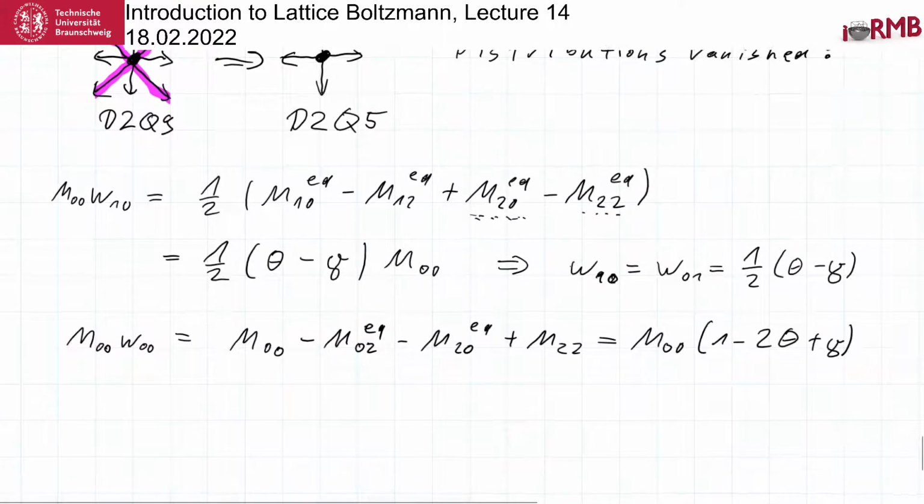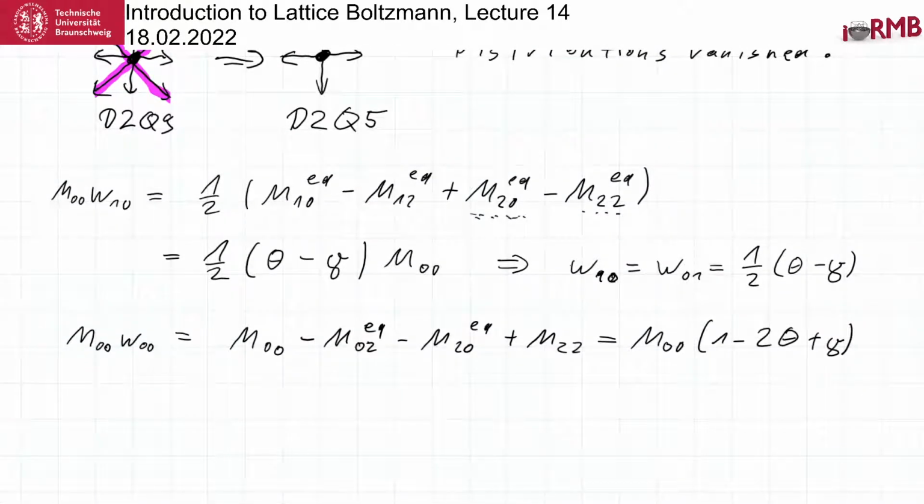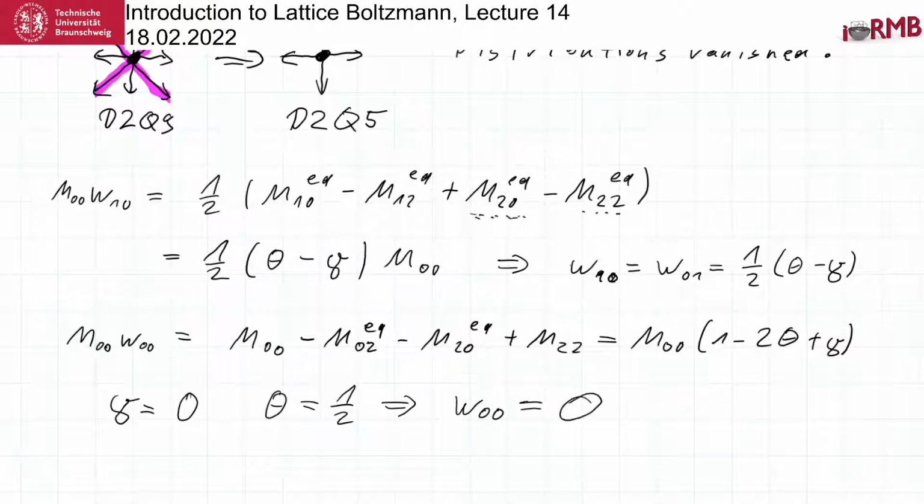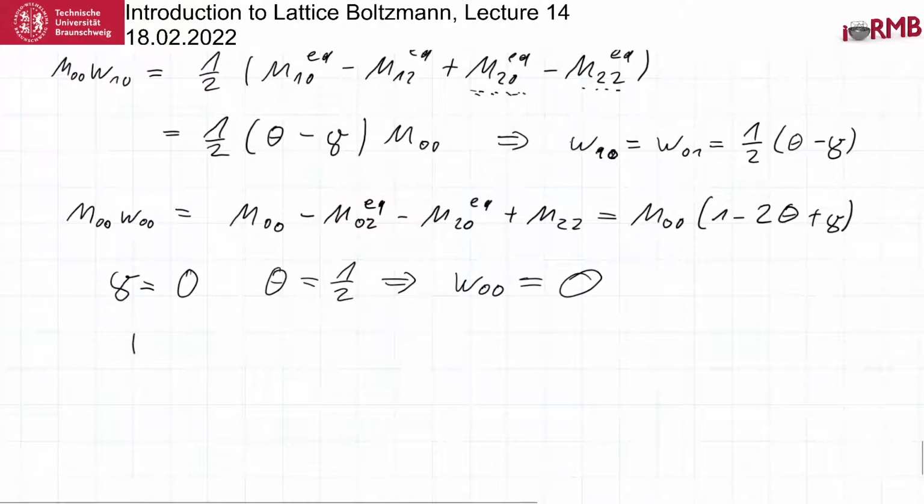Okay, so again, we see that we can actually get rid of this, namely when we put, for example, gamma equal to 0 and theta equal to 1/2, then gamma disappears. 1/2 times 2 is 1, minus 1 is 0. So this can be made to disappear by putting gamma equal to 0 and theta equal to 1/2,